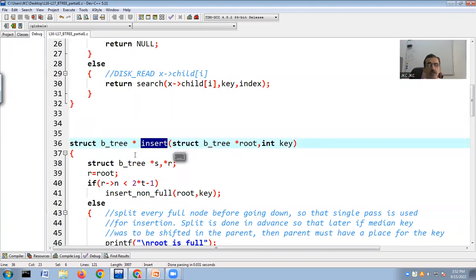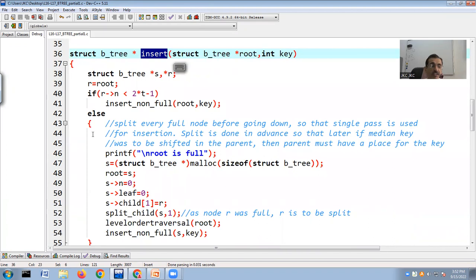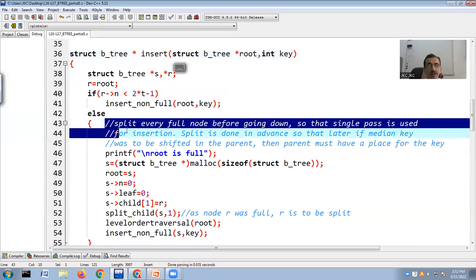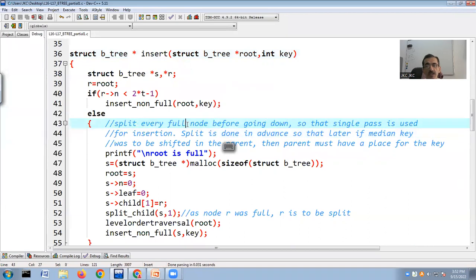So this is the first routine, which will effectively do the preliminary work. If the root is to be split, a splitting of the root will be done. So effectively, here I'm doing the splitting of the root before going down, if needed, and in a single pass we will be able to do it. This split is always done in advance, so that later if shifting or median is needed, then that gets